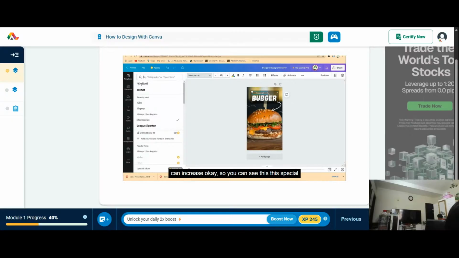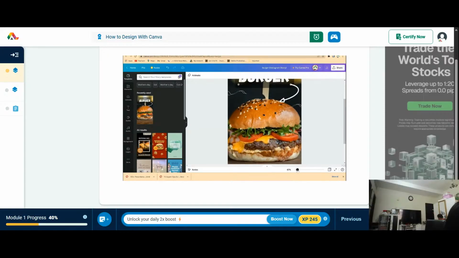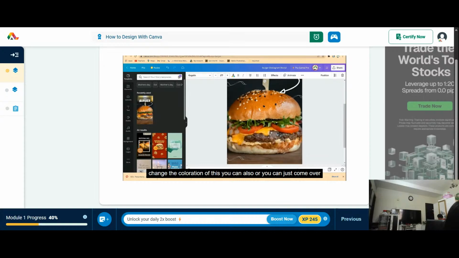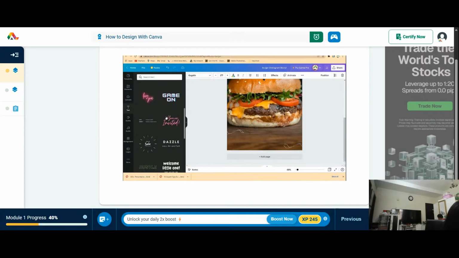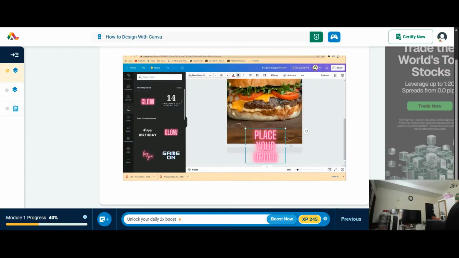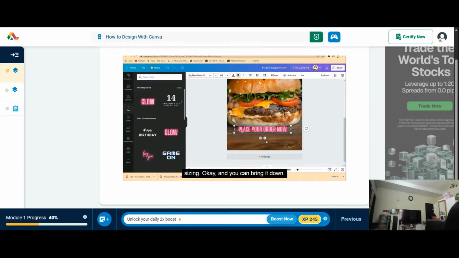So you can increase, okay, so you can see this visibly, special burger, and click out to see. Maybe you can zoom out so that you can see it clearly. All right, you can see special burger. If you want to change the coloration of this, you can also, or you can just come over and put down your details over here. So you can come to text, and then you can check everything. Maybe you can bring this down, kind of reduce the size, and see what you can do. So maybe you can put in a call to action, place your order. Now, you can just select it and reduce the sizing, okay, and you can bring it down,